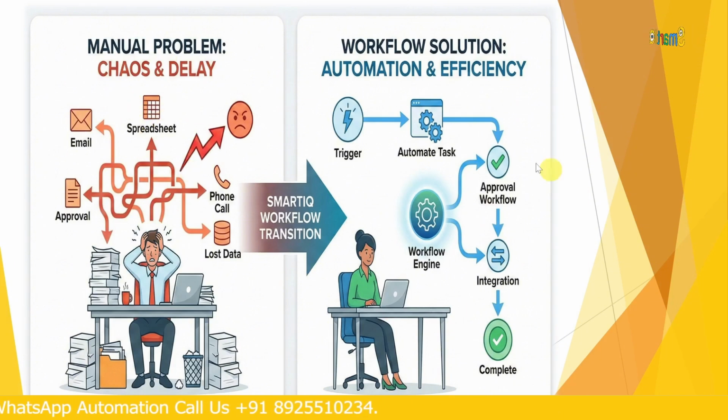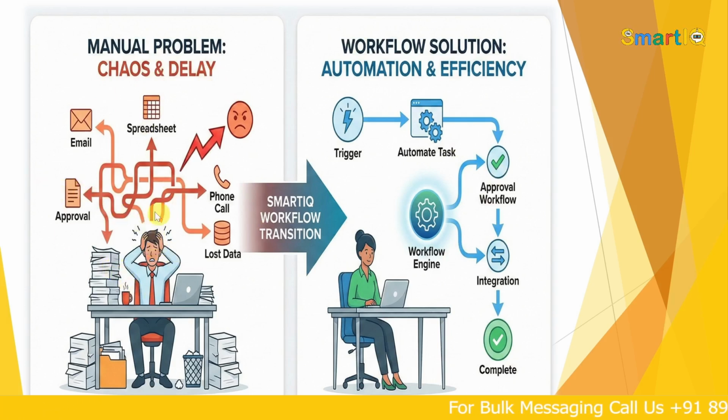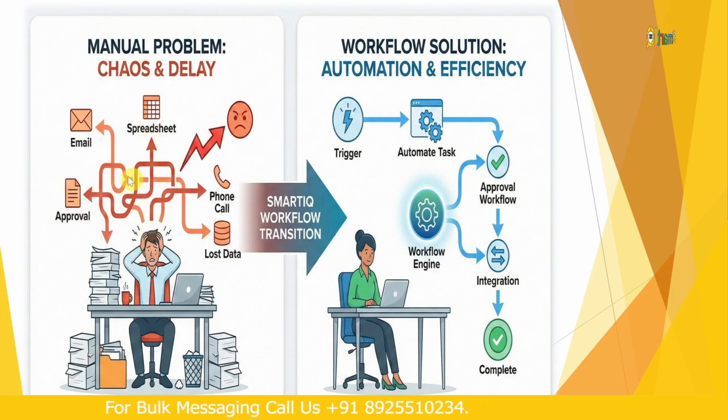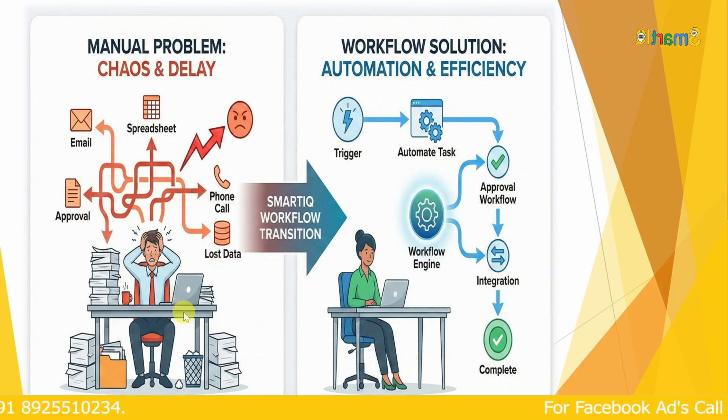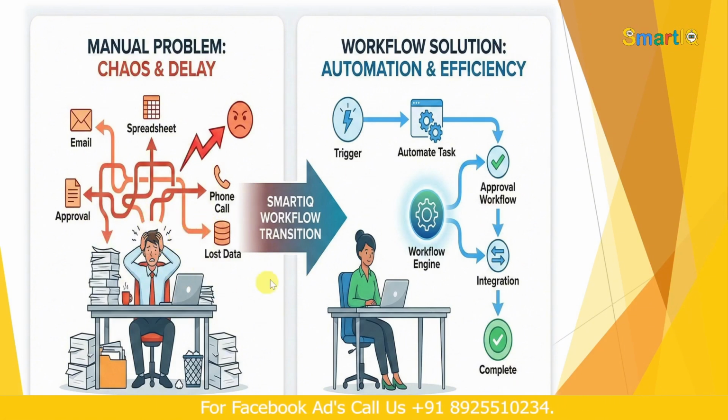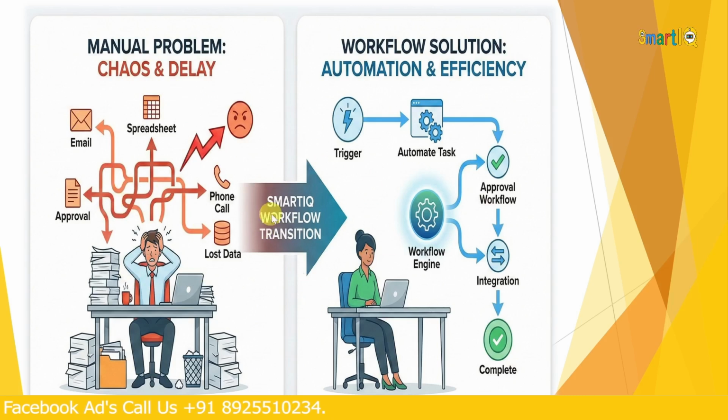Now let's look at what the difference is for a manual workflow. In a manual process, first you have to get approval from a higher official. Next, you have to collect the data that's in the spreadsheet. Then you have to make a separate phone call. After that, you have to send an email. Like this, when we keep taking the data and doing these 11 steps, there's a high chance of data loss. So there's also a high chance of sending the wrong message. When we do it manually, we end up with so much confusion and so many delays.